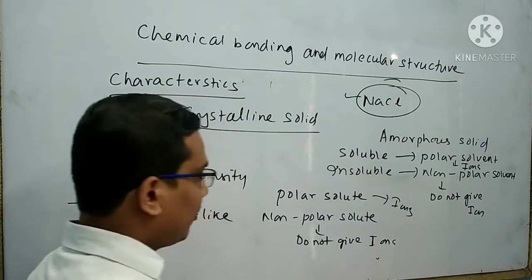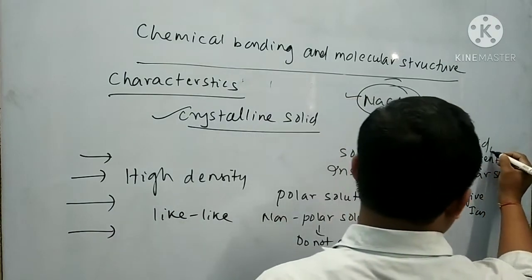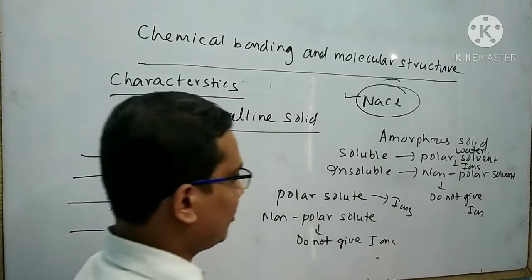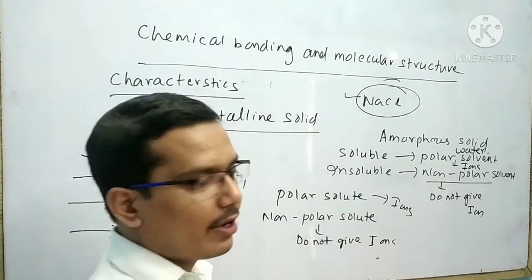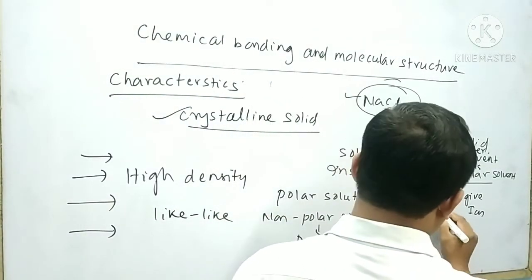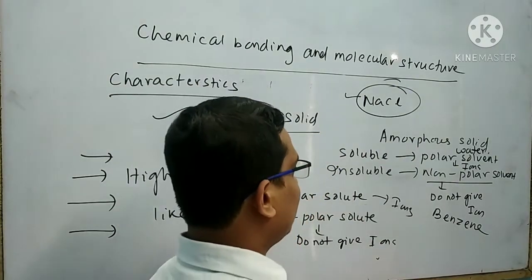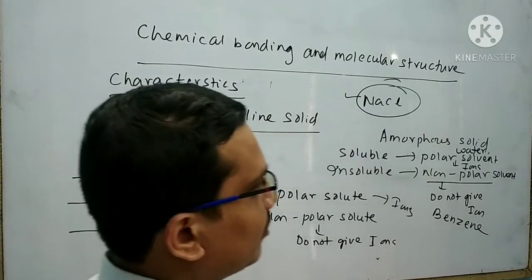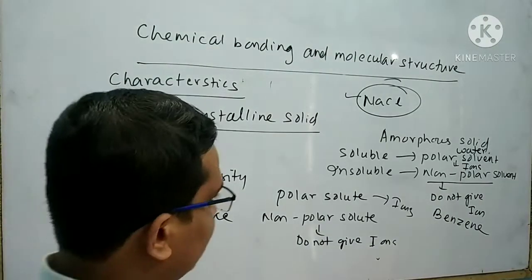NaCl is a polar solute, so it must be dissolved in a polar solvent like water. Water is a polar solvent because it gives ions, that is H plus and OH minus. Kerosene is a non-polar solvent because it does not give ions. Like kerosene, other non-polar solvents are benzene, which is an organic compound, next alcohol, ether. These are said to be non-polar solvents. All the ionic compounds give ions, that means they are considered as polar solute, so they must dissolve in polar